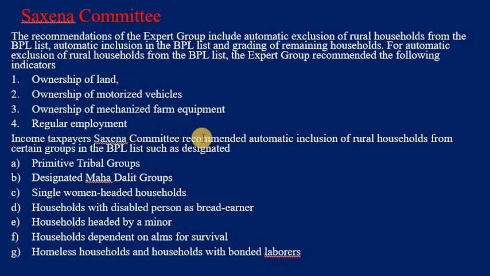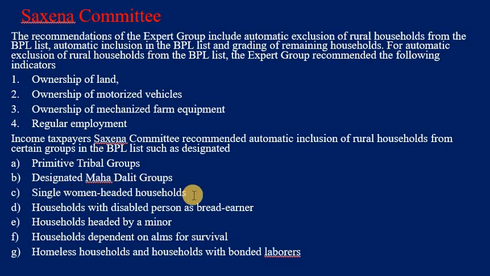So these are certain things included in the Saxena Committee. Automatic inclusion of rural households from certain groups in the BPL list are primitive tribal groups. So these are exclusions, and these are inclusions.